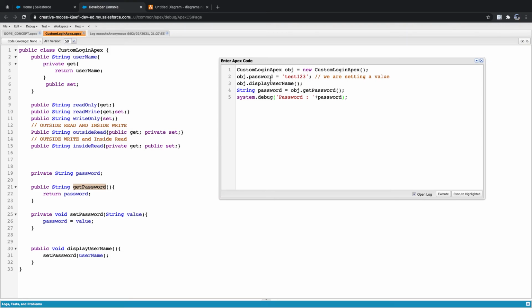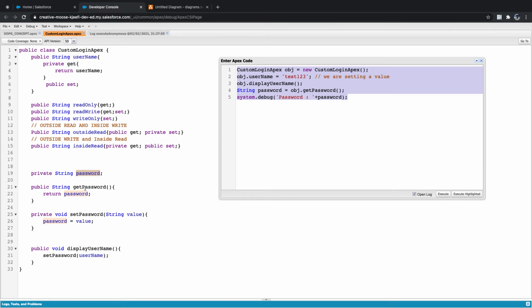Now what I'm doing, I'm not assigning a password, I'm setting a username only, okay? I'm setting username. And then I'm calling my display username. In display username, I'm calling which method? I'm calling the set method. But am I setting any value here? I'm not setting any value for password from a calling statement, right? Am I setting any value here? No.